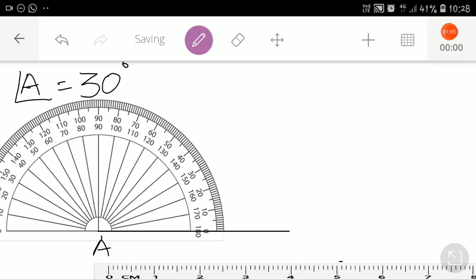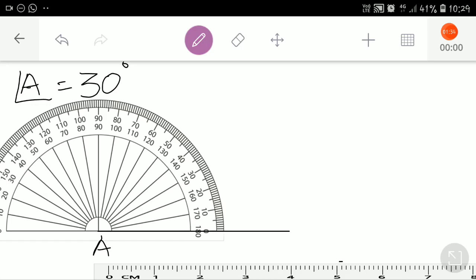This line and the protractor's base line should be the same. Now where is 30 degrees here? I told you if it is lesser than 90 degree, it will be like this. Okay, lesser than 90 degree means your mouth is closed, and if it is greater than 90 degree, you are opening your mouth. Okay, keep it in mind children. So now 30 degrees is less than 90, so your mouth is closed. Okay, now where is 30 degree on the protractor?